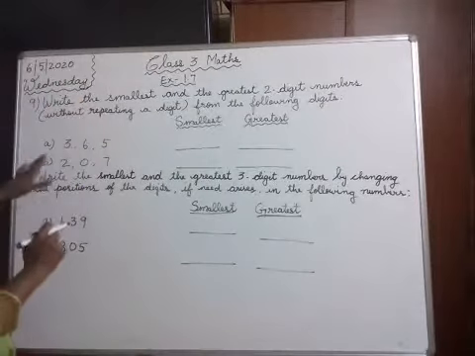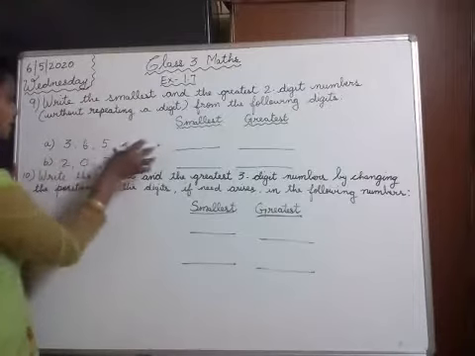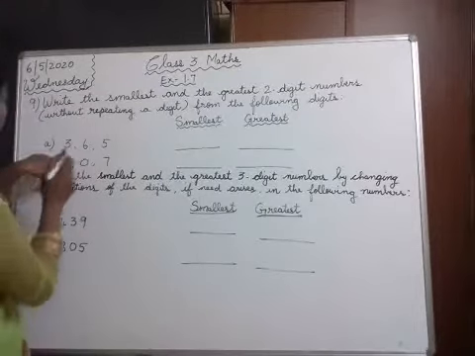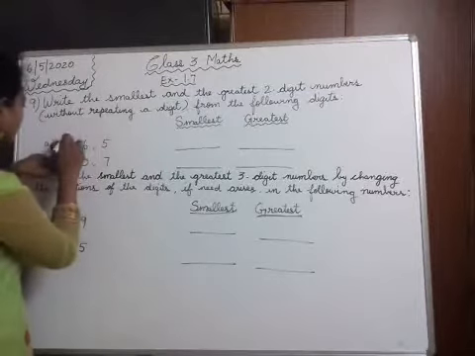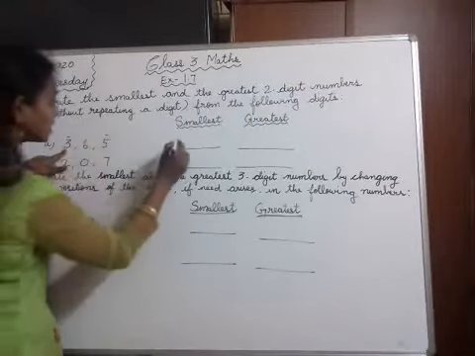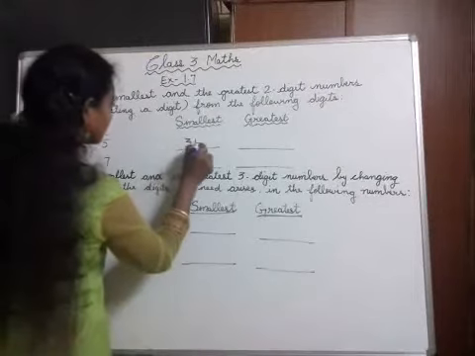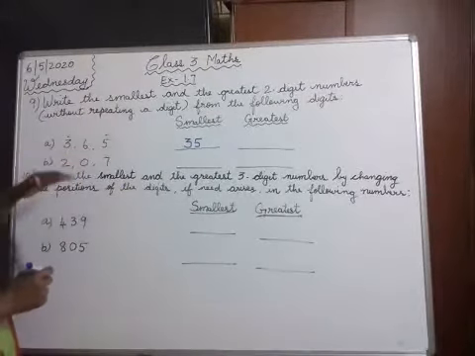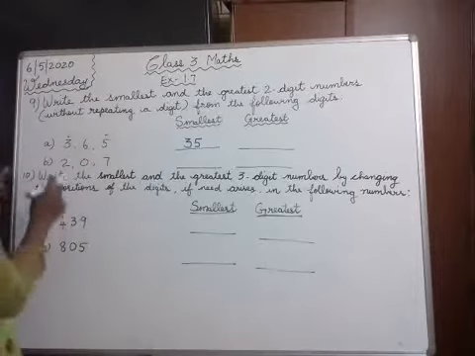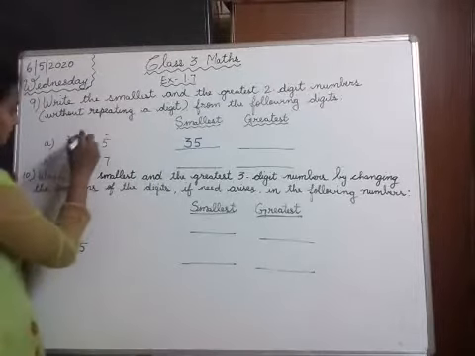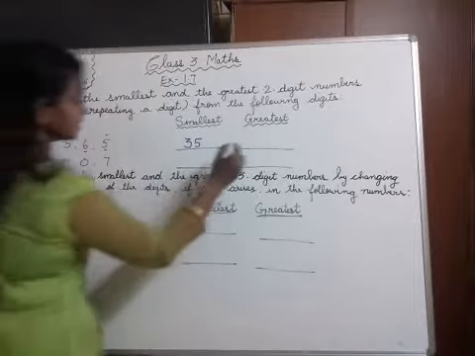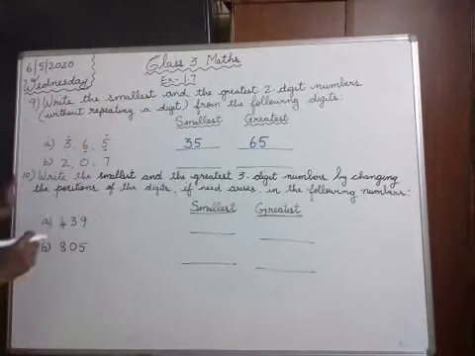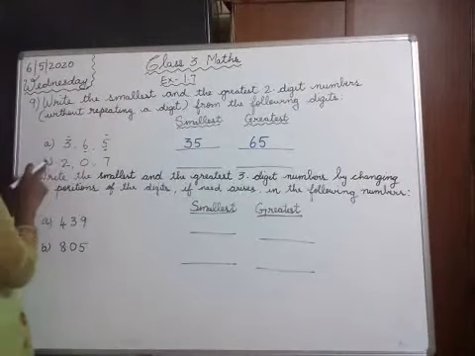Okay, first one, which is the smallest here? 365. So in this, 3 and 5 is the smallest two-digit number. Next, which is the greatest number? The greatest number is 65. Okay, 65 is the greatest number. Next, the second, B part,